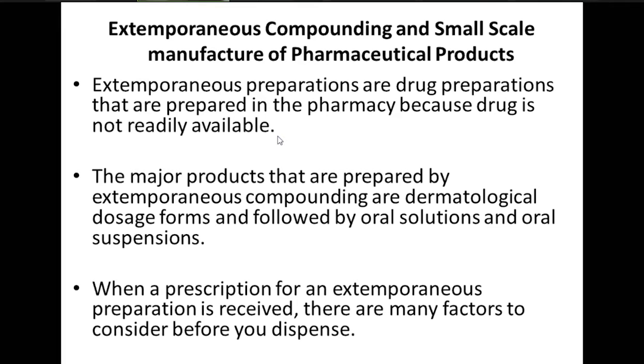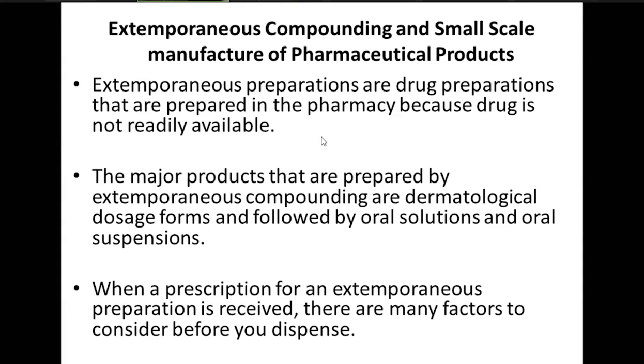You measure based on the prescribed dose or dosage. You do the calculation. What is the amount of hydroxyurea powder that will be required for you to prepare the syrup or suspension? After you've done that,